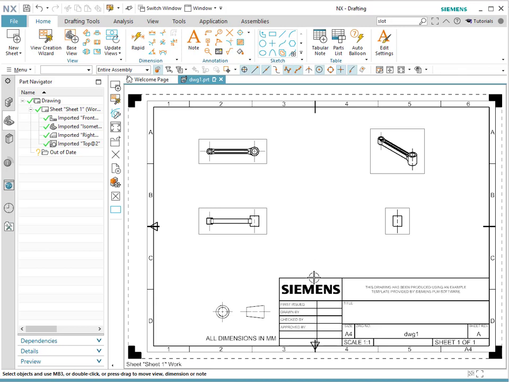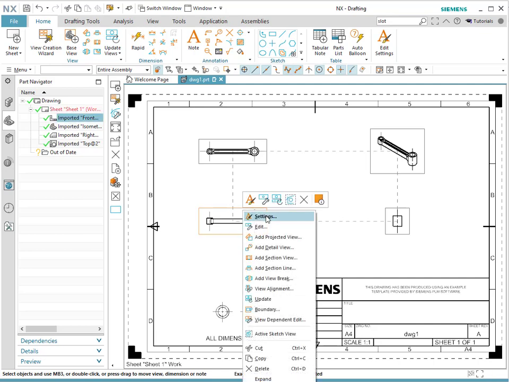Notice that NX provides a scale of the views in order to make sure that all the features fit into the paper. But sometimes it's either too big or too small, so we would like to change them one by one. The requirement is that the scale of the parent view has to be exactly the same as the scale of the children of that view. However, the scale of the isometric doesn't have to be the same as those primary views. To change the scale of the view, simply right click, go into settings,